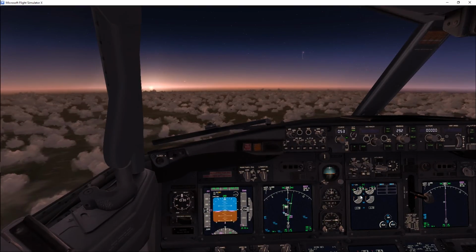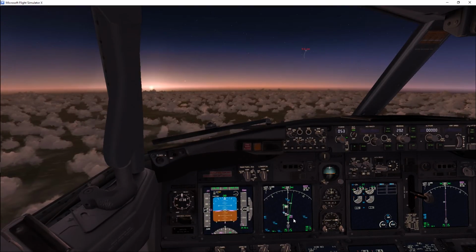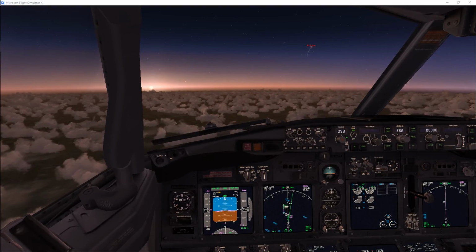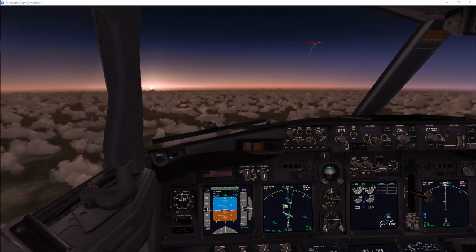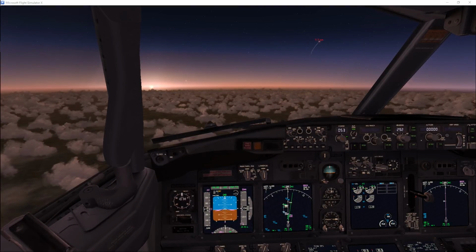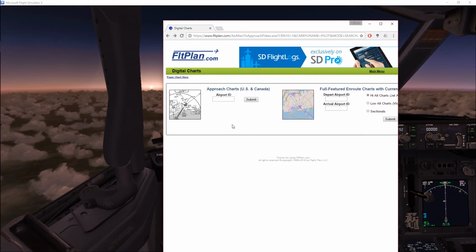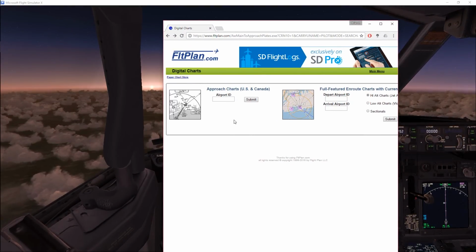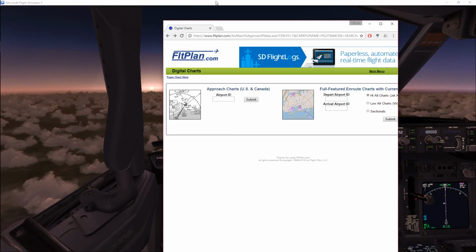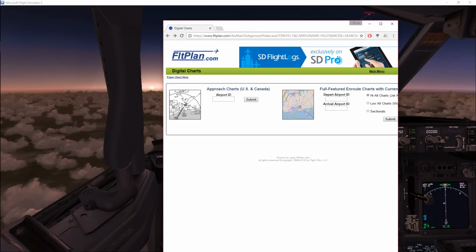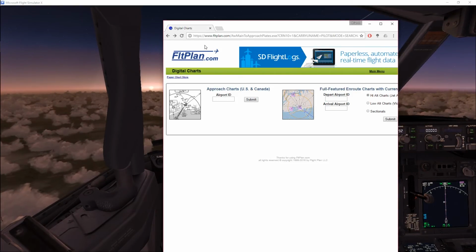We're going to start descending here in a little while. We have some time to get it set up, so let me just talk about a couple of things real quick. The sound's going to go out because I'm clicking onto another screen that I'm about to bring over here. I know sometimes people ask me where I get my charts from. I get everything from flightplan.com. Actually, if you, or